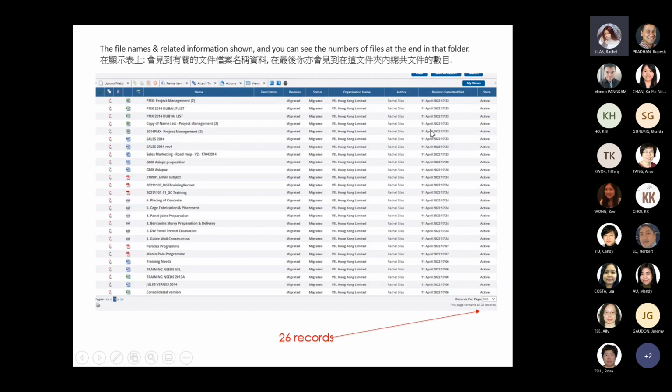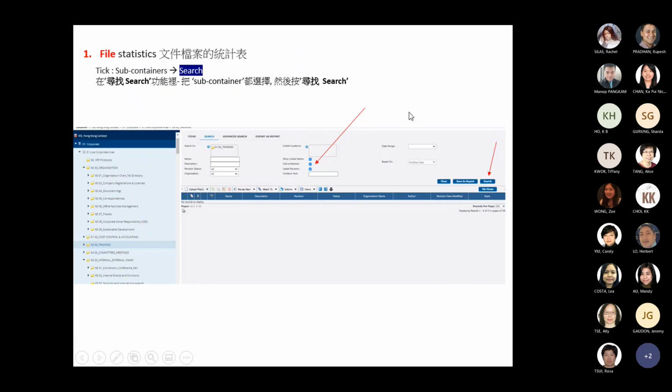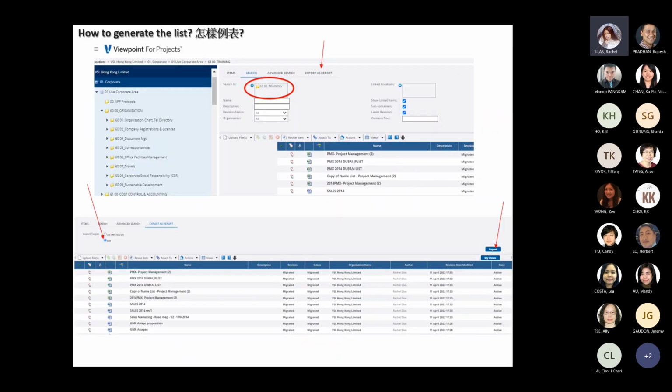Afterwards, wow, amazing. So 我哋 tick 咗嗰兩個掣，tick subfolder，跟住 search，then you will see the list, the file name and related information show. You also can see the number of files。我哋會睇到喺 training 裏邊有26個 records。So in training folder we will have 26 records. So you will have a rough idea，可以知道原來有26個 record。